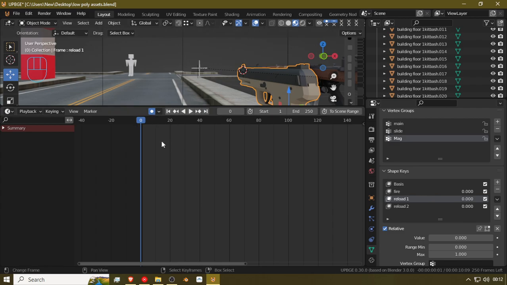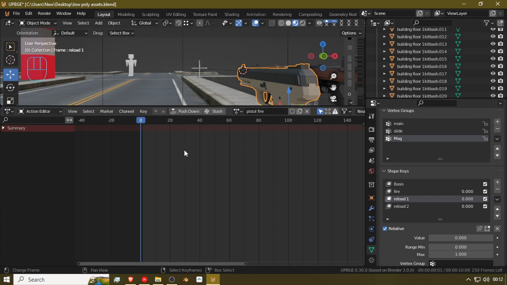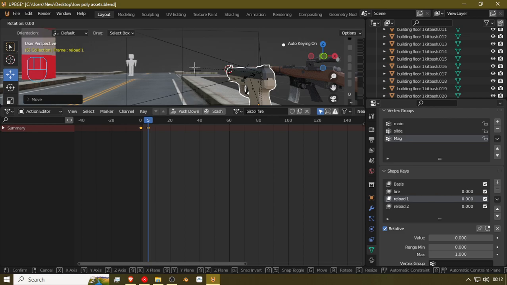Okay, turn that on. Remember, we still have the action editor going, so what I'm gonna do is edit this, insert one keyframe, and let's go for about 5 keyframes for this. So the pistol itself is going to go back, it's gonna go RX,